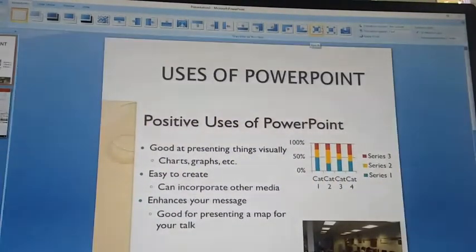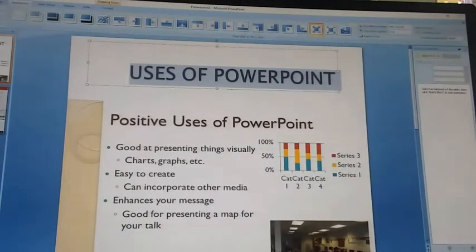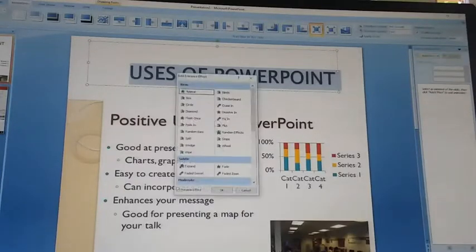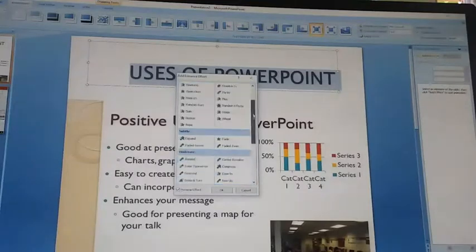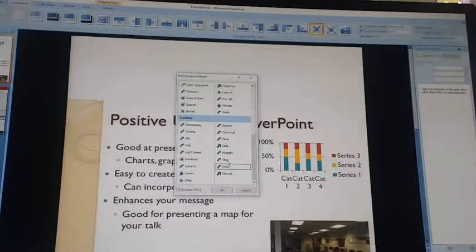And if you want to add animation sentence wise, point wise, just select custom animation here, click, then add effect: more entrance, emphasis, exit, motion paths, different animation effects are there. Suppose you click on entrance, more effects, here it will show different effects. You can choose any of the effects.